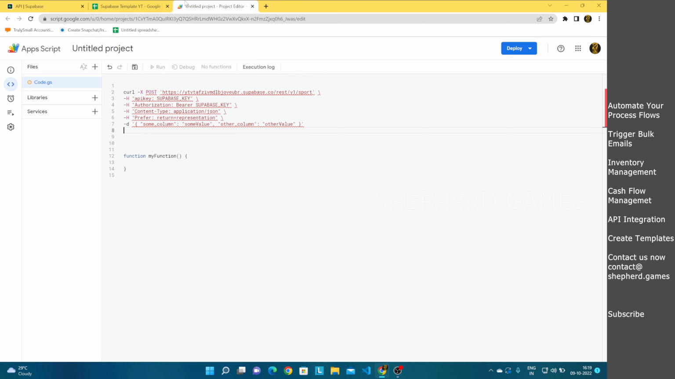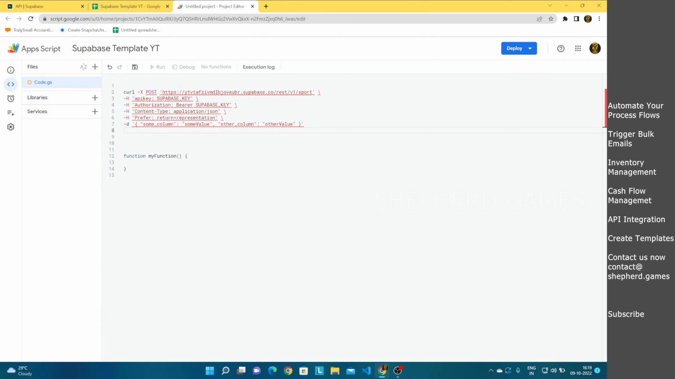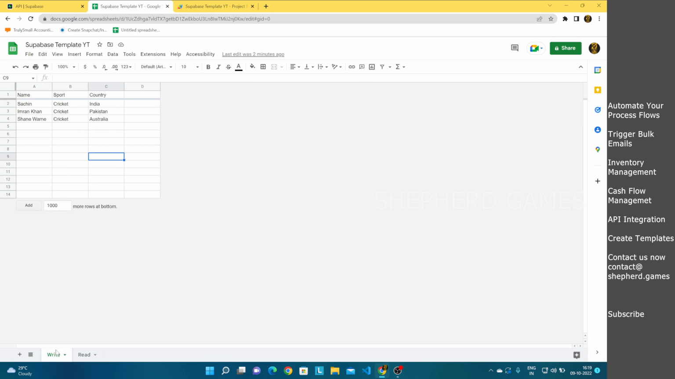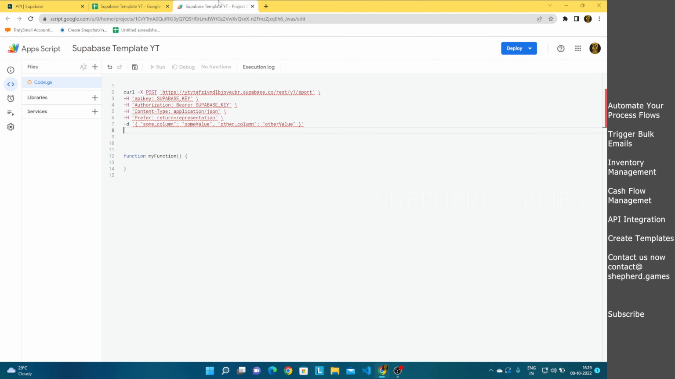Let's name the script. Okay, done. So what we are going to do is get each item from this sheet and push them to this table with this API link. Okay, so this is the API URL. So let's create a constant, call it API URL is equal to